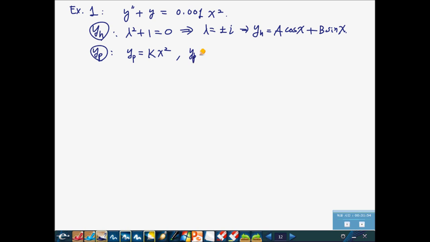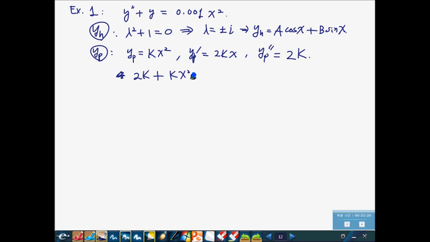Okay, so yp prime is 2kx, yp double prime is 2k, and we plug it in, right? Okay, so we plug it in. So 2k plus